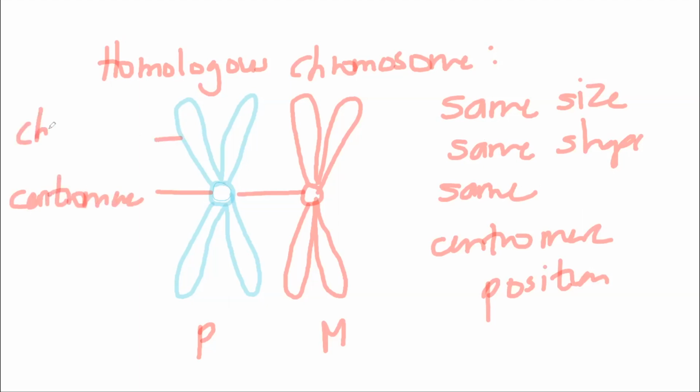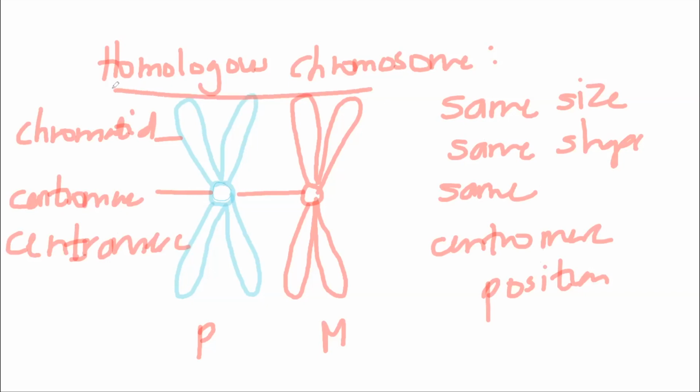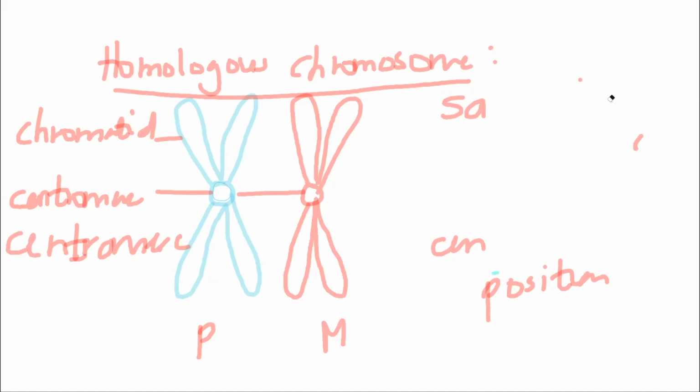And this is a chromatid. Please make sure you know how to spell centromere. So this is the visible reasons why you will say it's a homologous chromosome. Then, there are two other things you have to talk about. So same size, same shape, same centromere position,